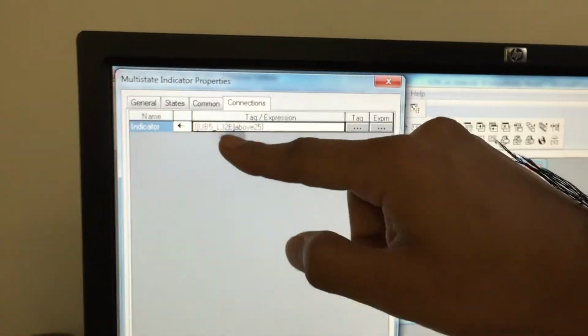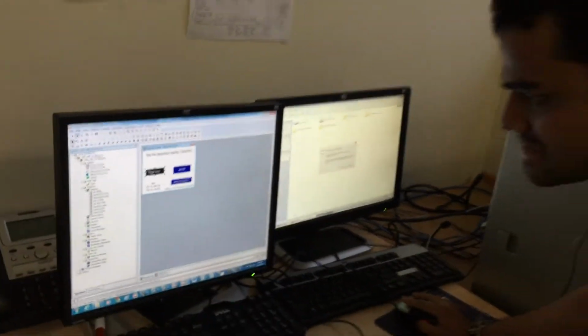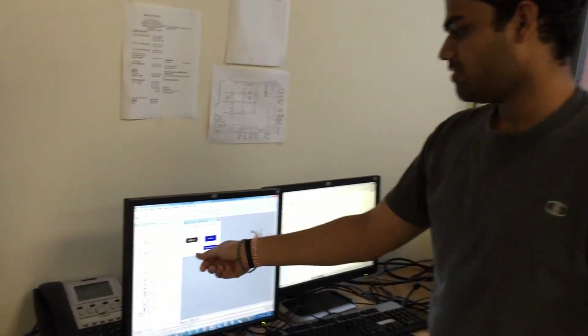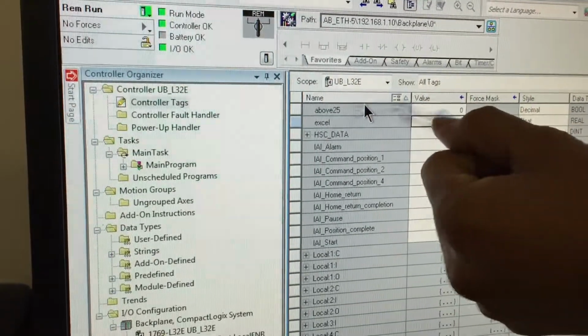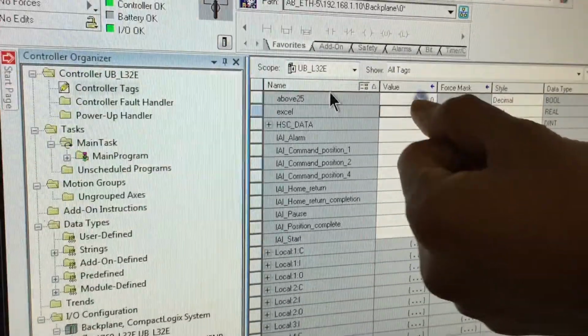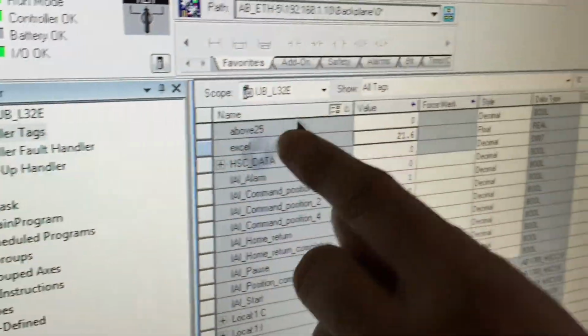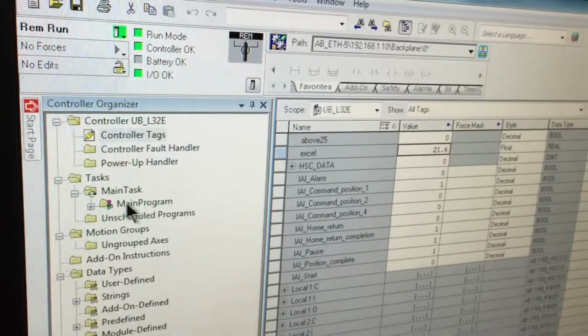This is the tag that is created for this particular unit. This indicates the message, high temp or low temp, and above 25 is the tag created over here. It has two values. It will compare the Excel value with the particular value 30. So this is the program for that.